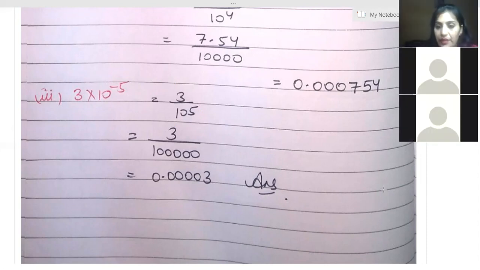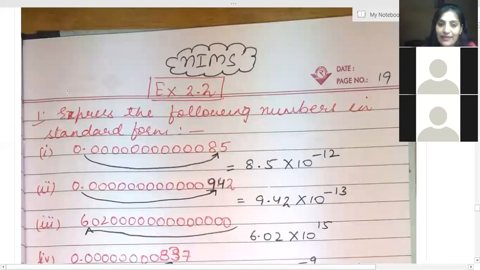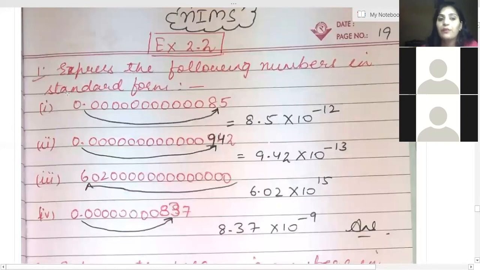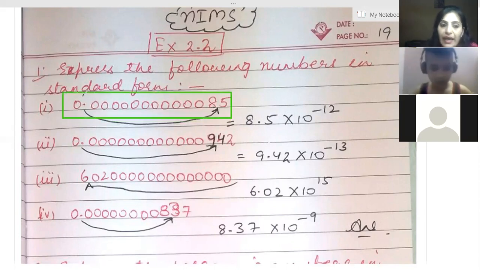चलो next beta। Now we are going to start exercise 2.2। अब हम exercise 2.2 start कर लेते हैं। Now you have to express the following numbers in the standard form. The number given is 0.00000000 and 0.85। So as you know what I have to do, I have to move this decimal after 8।